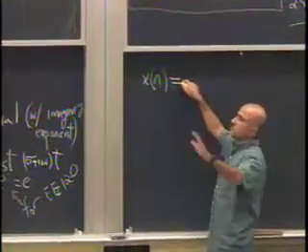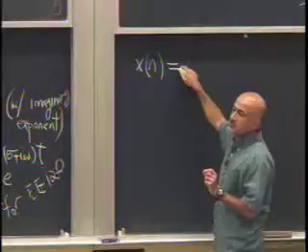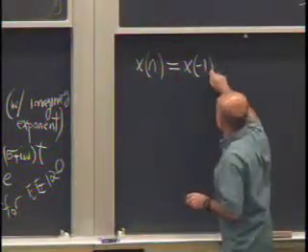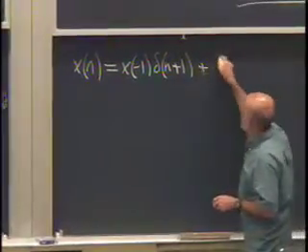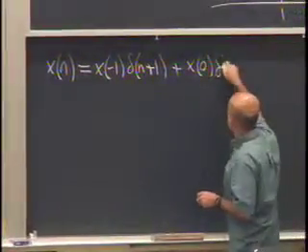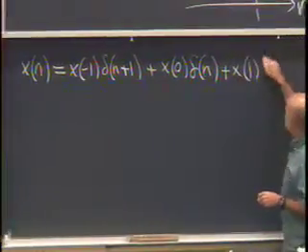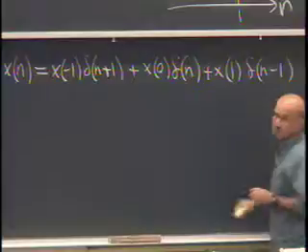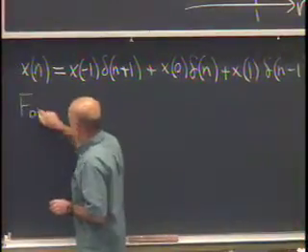My question is much simpler than this. It's x evaluated at -1. So it's x of -1 times delta n plus 1, plus x at 0 times delta of n, plus x at 1 times delta n minus 1. Now, for an arbitrary signal,